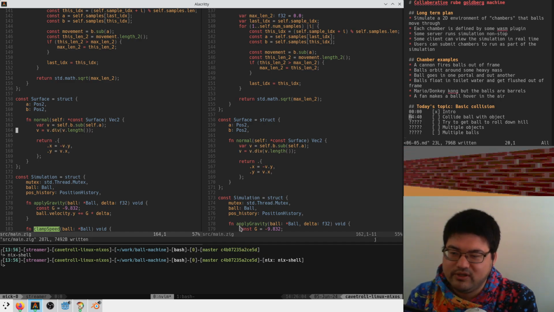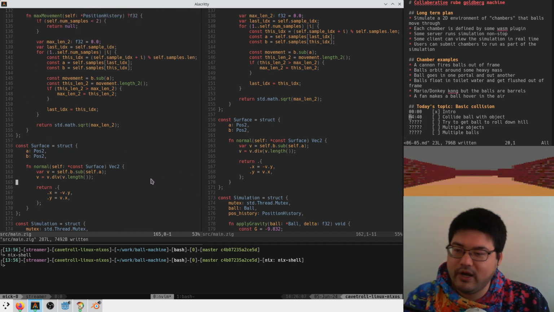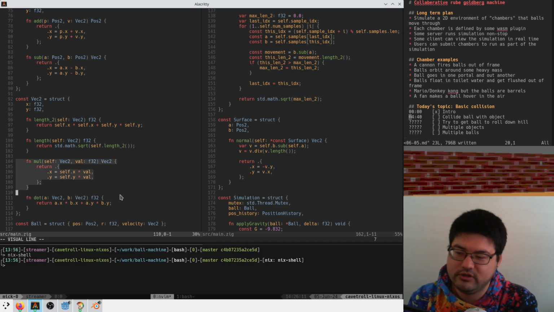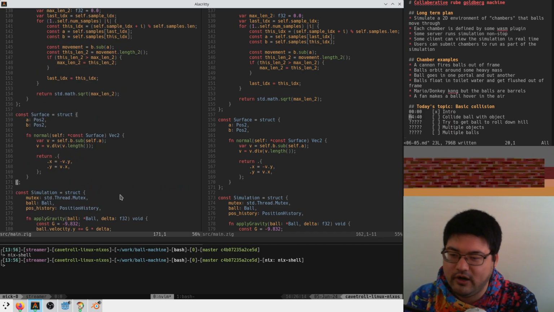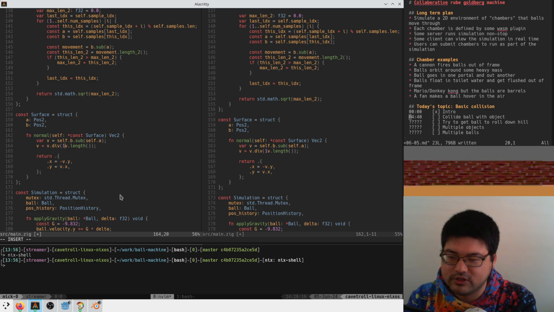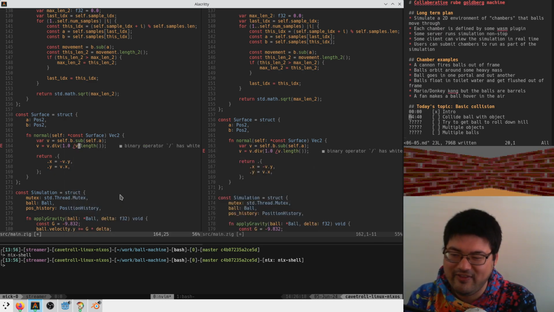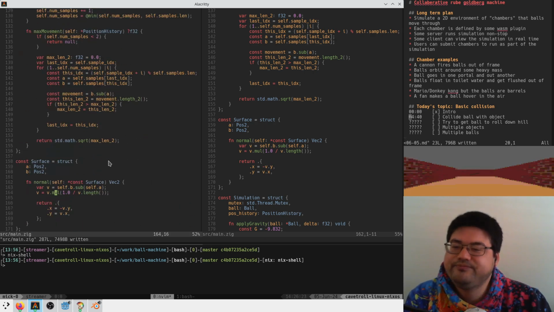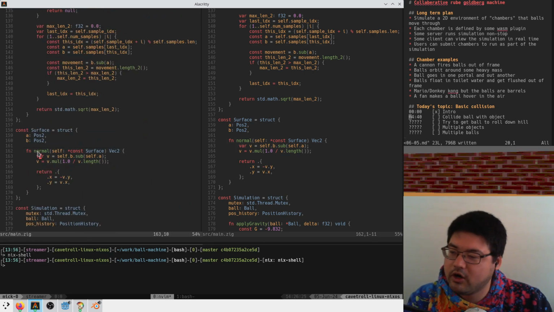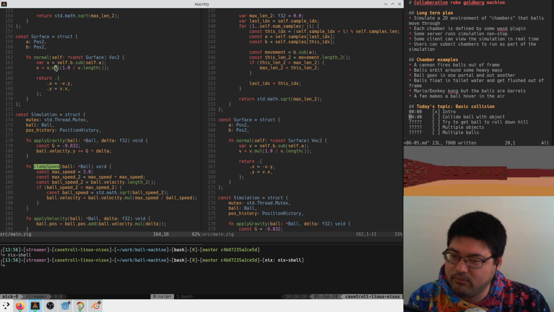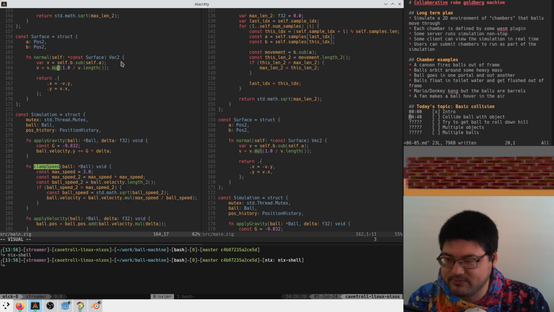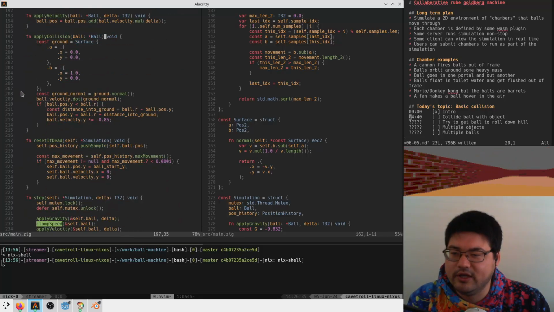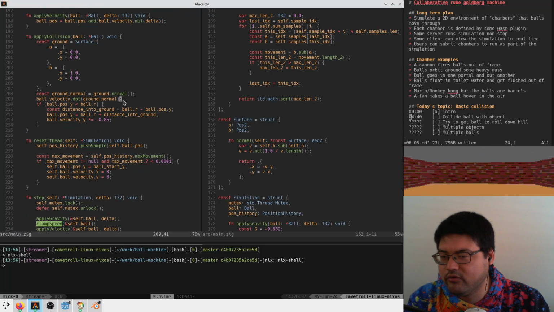And I know somebody at some point said that we could use the built-in vector instructions, but I didn't do that yet, so we're just doing it like this. We only have mul, so I guess we could either implement div or we could just go 1.0 over, and then not implement div until later. Okay, so now our normal should be guaranteed to be 1.0 because we multiply this by the line. Yeah, pretty sure. And so now this is a normal, and when we dot our velocity with the normal,